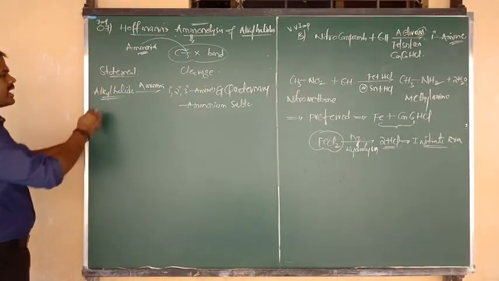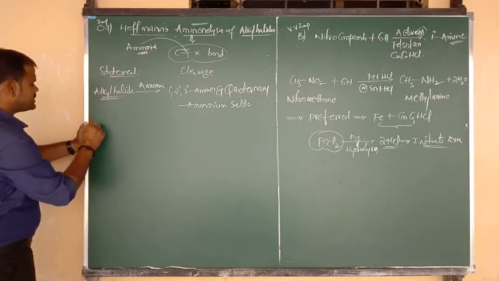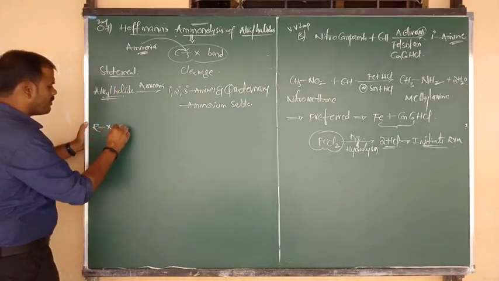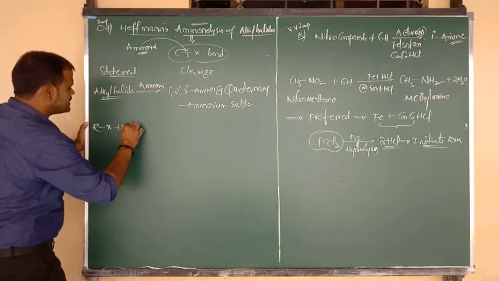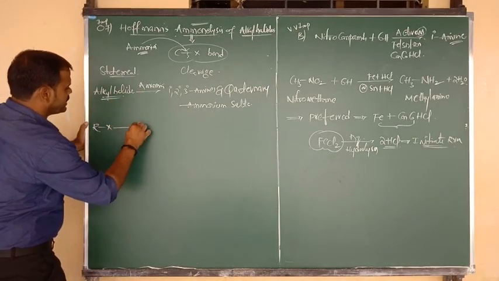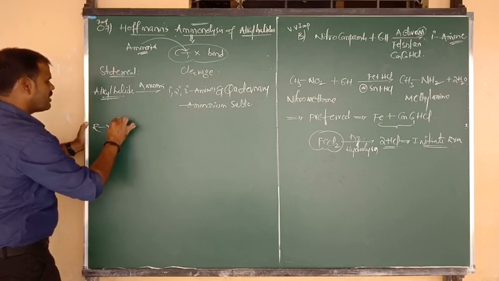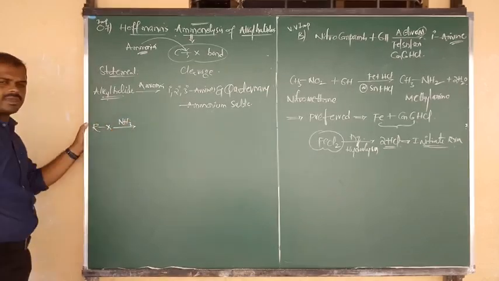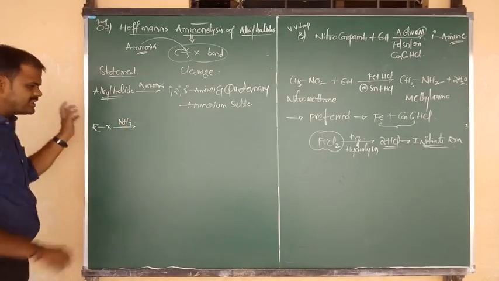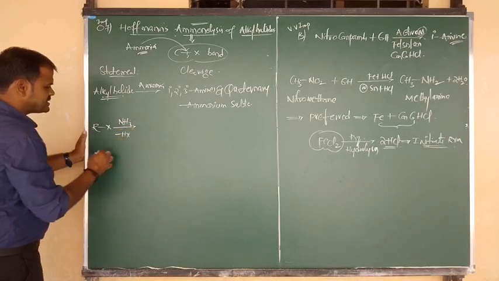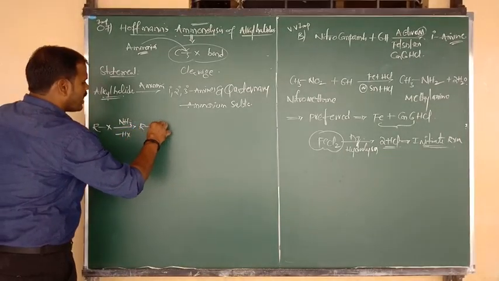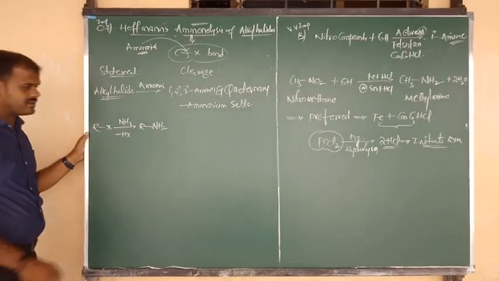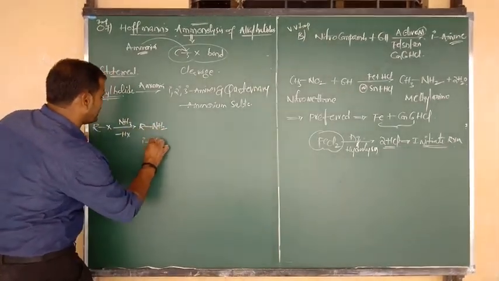Let me consider the reaction. The general formula of alkyl halide is RX. It reacts with ammonia, the formula of ammonia is, what, beta, NH3. So alkyl halide on reaction with ammonia. X minus combines with H plus, and we can remove it in the form of HX. Remaining is nothing but R bonded to NH2. One hydrogen removed in the form of HX. Yes, here we got primary amine.